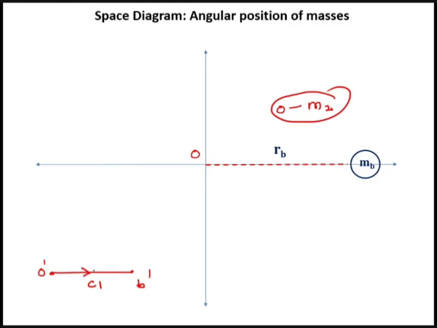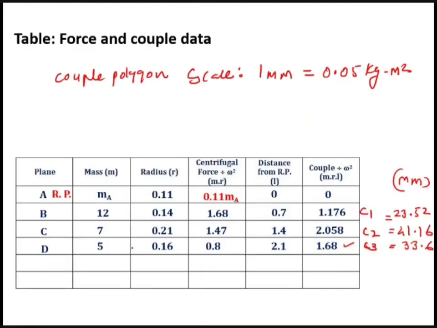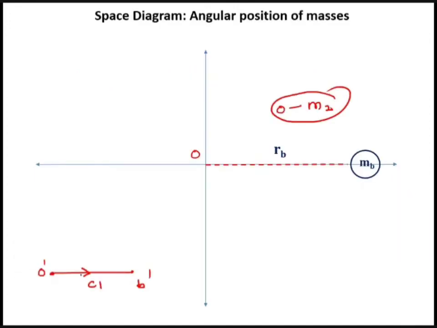Now what does this vector O'B' indicate? It indicates the vector of this mass MB, because mass MB is unknown and mass MB is horizontal. So O'B', if you go to the table, this 1.176, this is of the mass MB, right? That is 12 mm. What is it? 23.52. So what is the length of the vector O'B'? The length of the vector O'B' is equal to 23 mm.